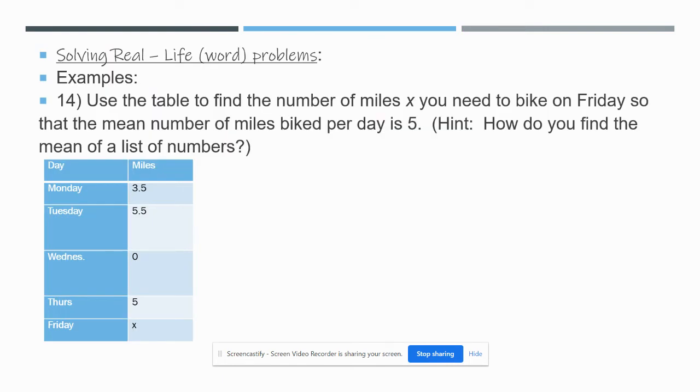Real world life problems. All right. So we're talking about this table. We have miles that we need to bike. We biked 3.5 miles on Monday, 5.5 on Tuesday, nothing on Wednesday, 5 on Thursday, and we're going to bike on Friday, but we're not sure how many we need to bike to be able to get a mean of 5. That's our goal. So remember, mean